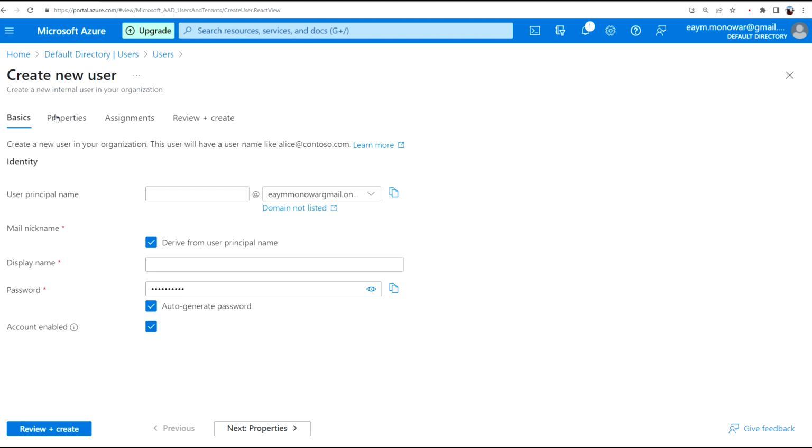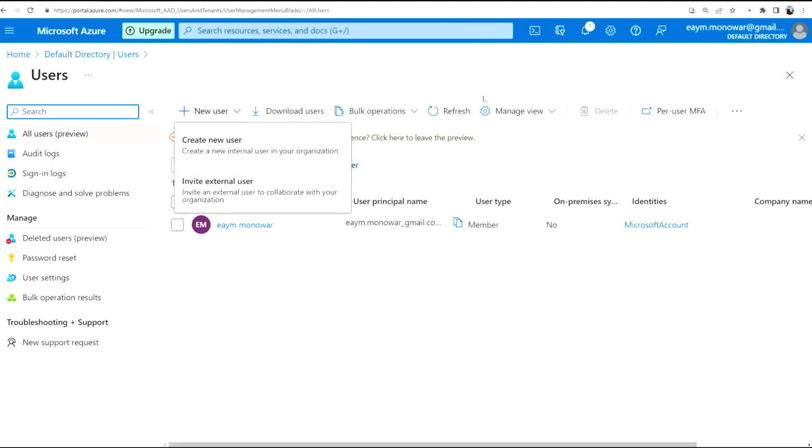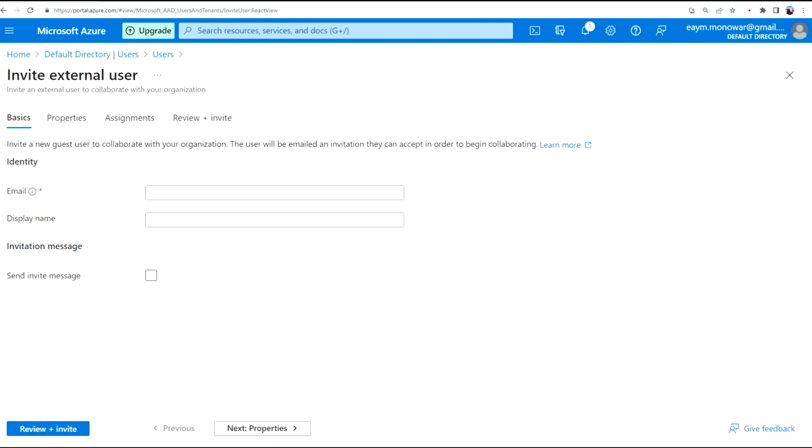You can just give all this identity, principal name, information, give any other properties you would like to add, then click review and create, and create that one. So I'll attach the video link where you can go through that lab session. So go back here. Okay, similarly you can invite external user, so you can create another external user who can